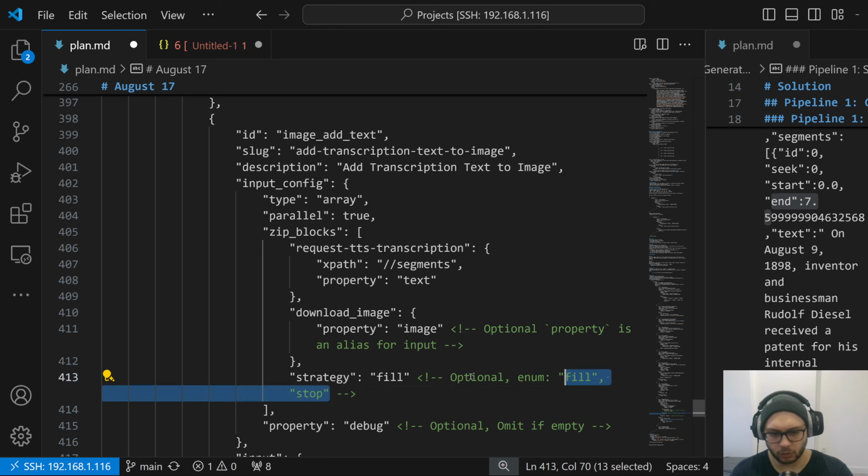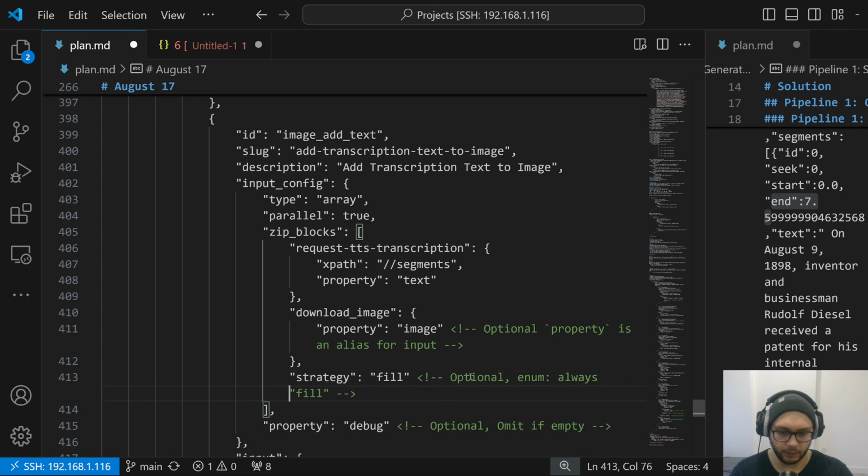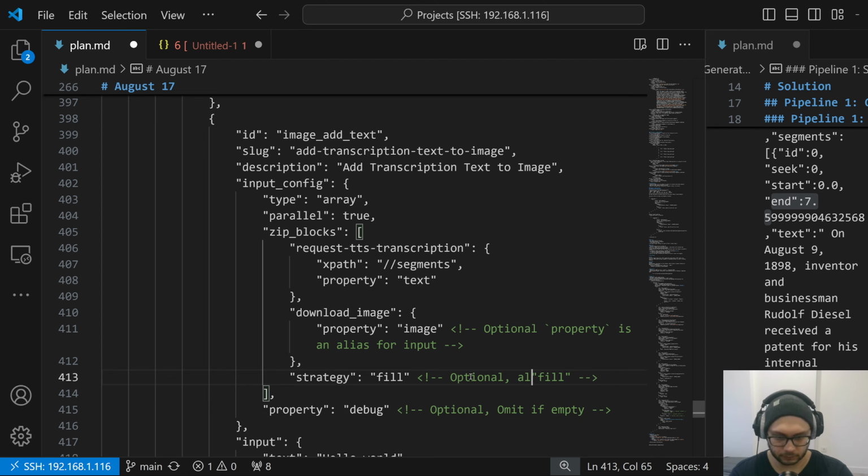To be honest, it should always fill. Yes, let's make it always fill. It should be literal. It's from Python. Literal equals fill. Yeah, that would be better because in my case it